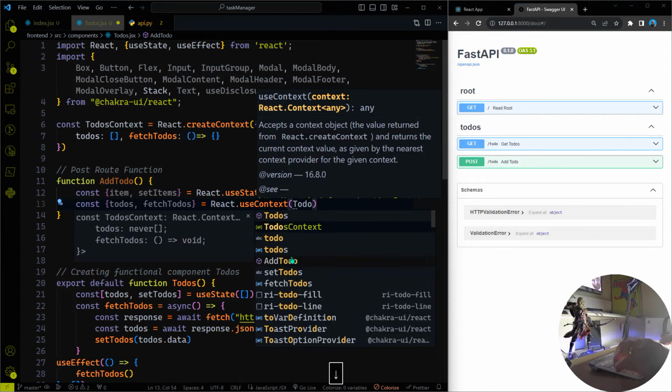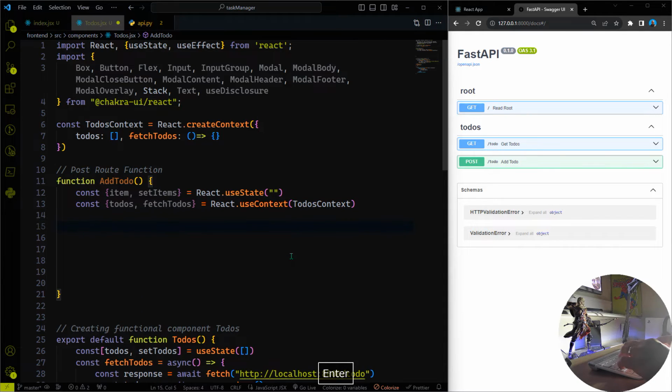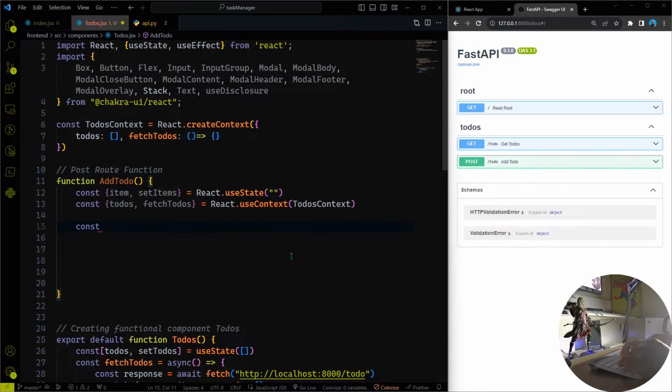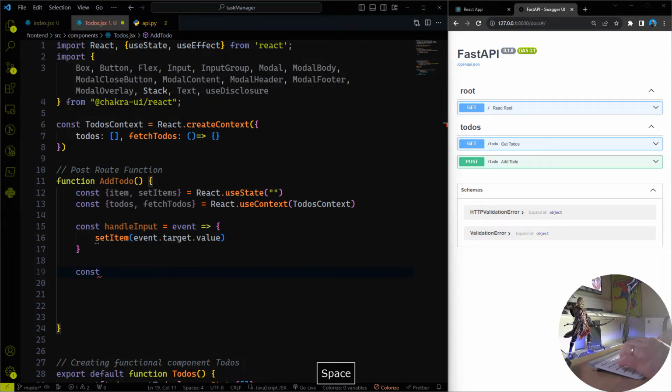So to-dos context. All right, so I will need now a function to handle my input. So I'm gonna call that function handleInput. It takes an event and will return setItem, not items, but item. And here the event.target. So the event is the word that you are typing, right? So event.target.value. So this function here is going to handle your